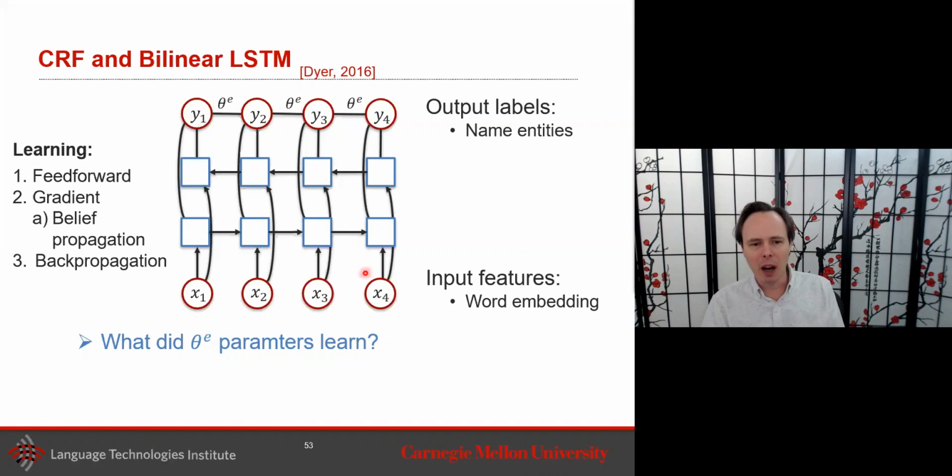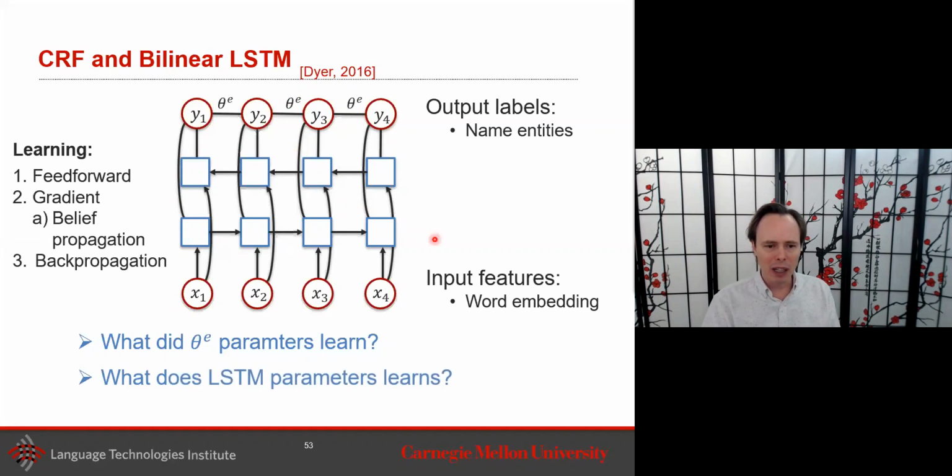So what will be the number of parameters in this? So theta E will be based on the number of labels. So if you have 100 entities, it would be 100 times 100. And as I just mentioned, what do you get from the LSTM? A lot of it is, in fact, from